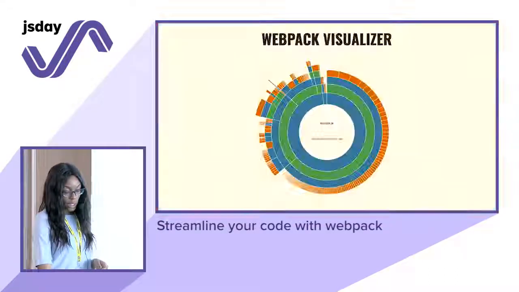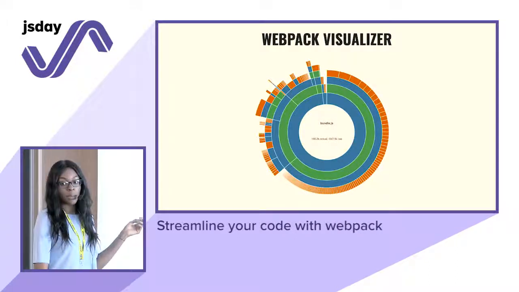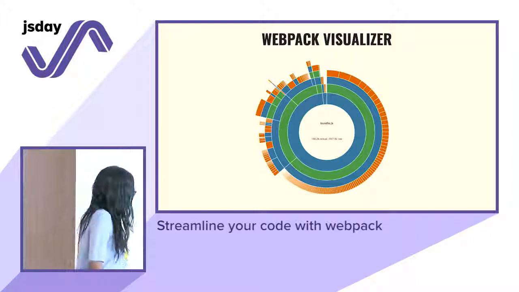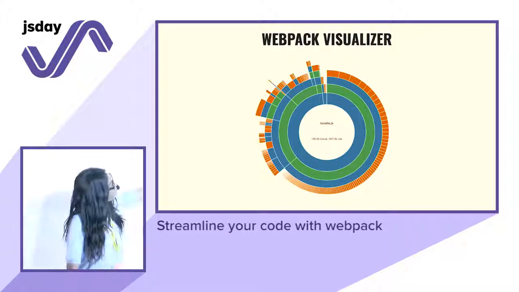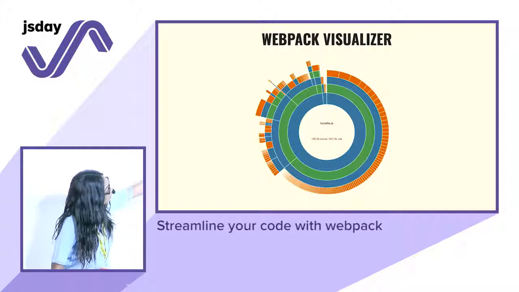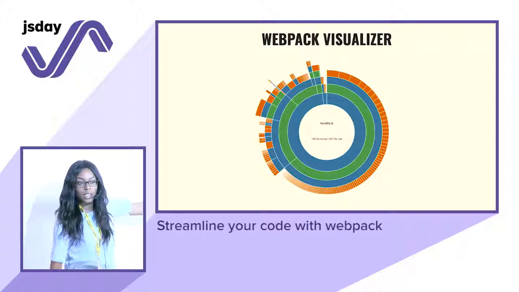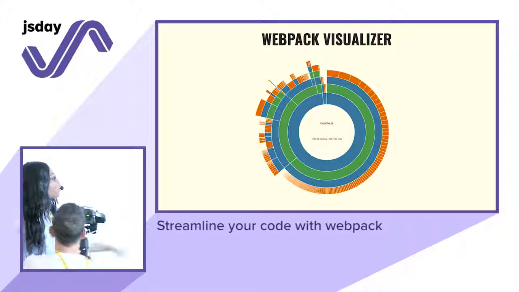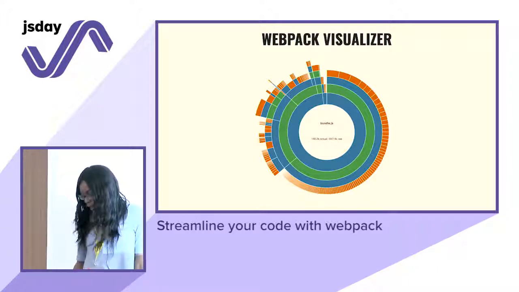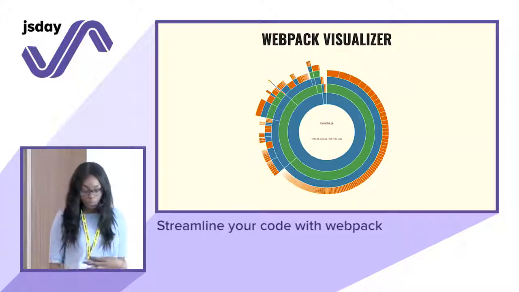One of the tools that we use is something called the Webpack Visualizer, and what's great about this is the demo project that they have. You give it your statistics JSON, which I mentioned earlier, and you can see the biggest part of this project here compared to that little part there. This big section is just the node modules, and I think that's an average project. And that little bit at the top is the source code that they've written. But you can really see how your project is broken up into the different modules that you have.